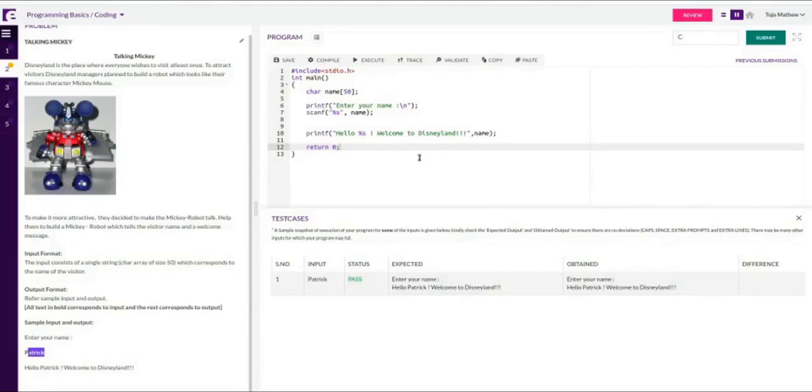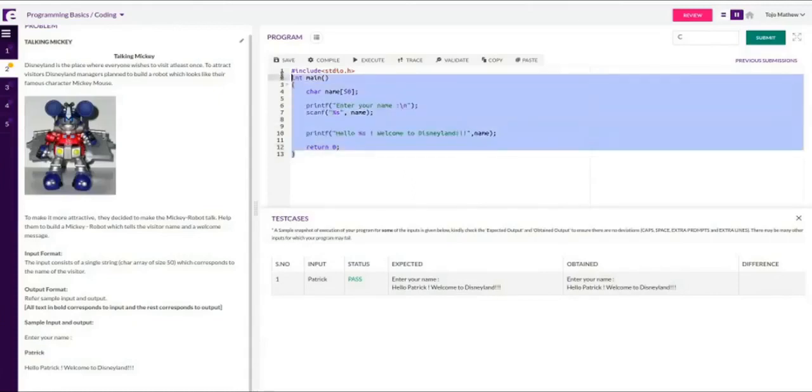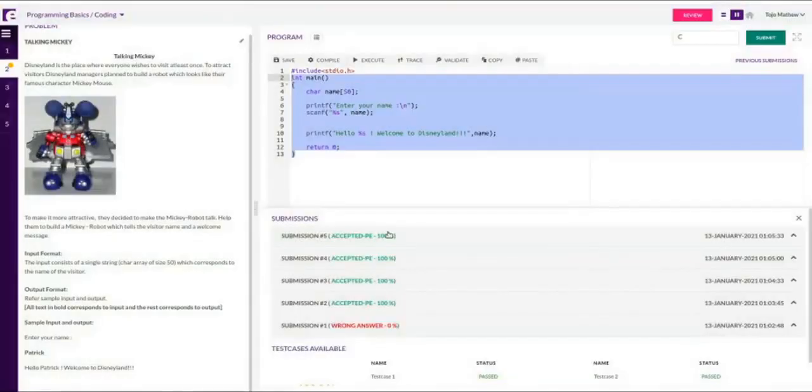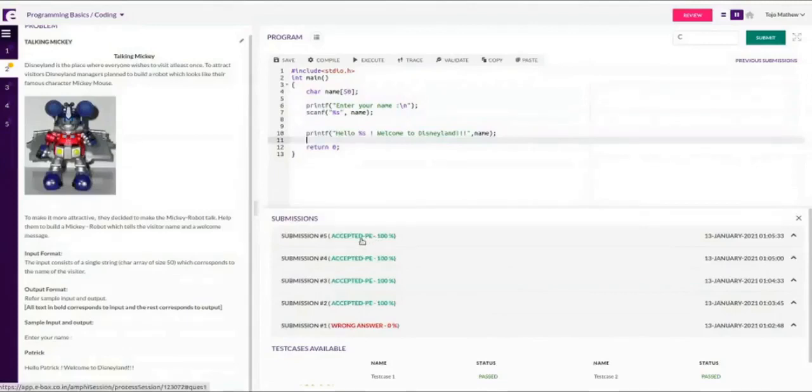So maybe this issue is in the validation happening behind. It may not be in my program. Since it is giving 100%, I don't need to worry about the score. This presentation error may be an issue with the validation code they have put behind the scenes. Okay, don't worry about it as such now.